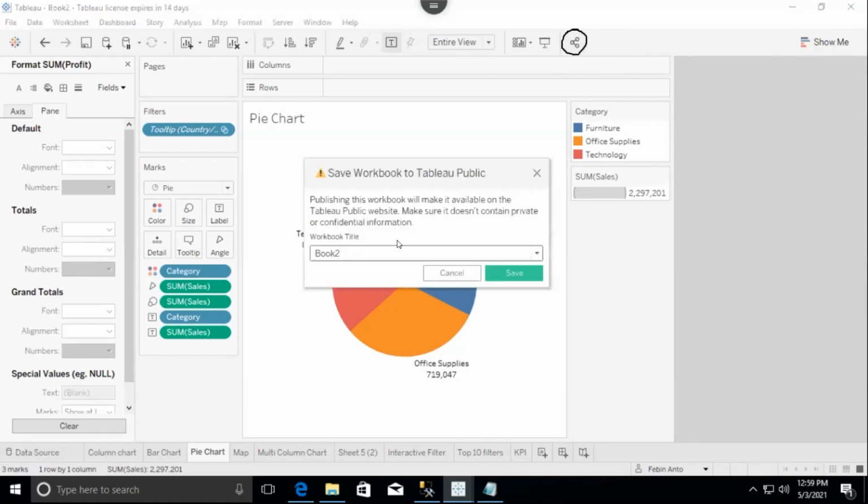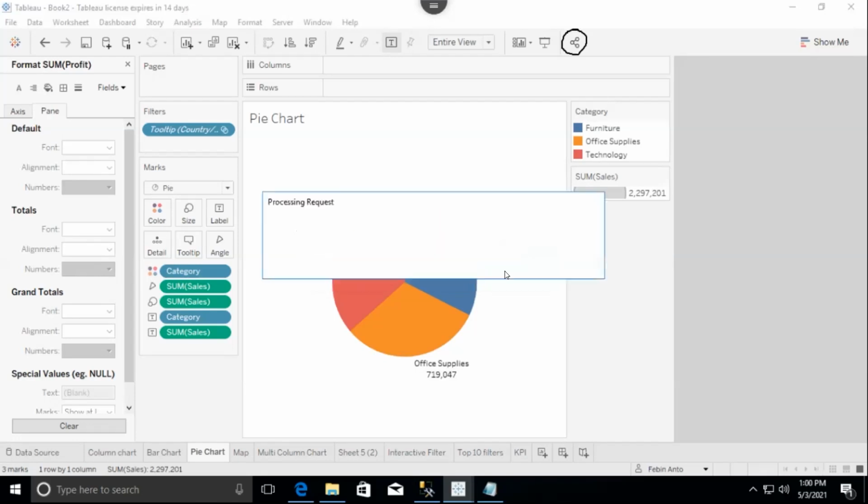Just rename and save it. It does not publish live data. That's the whole logic of why we selected extract. That means we are taking a copy of that data. Yes, Febin's work is done.